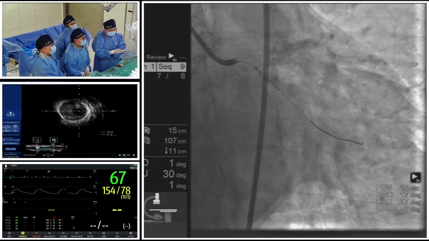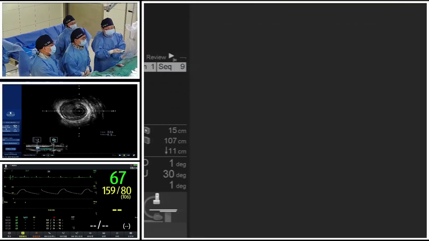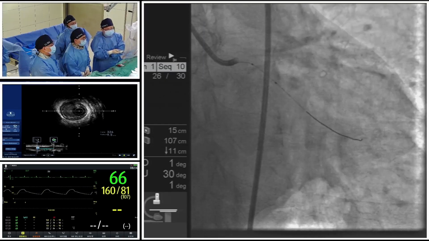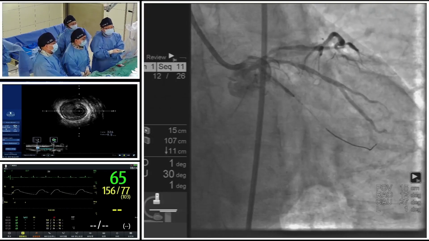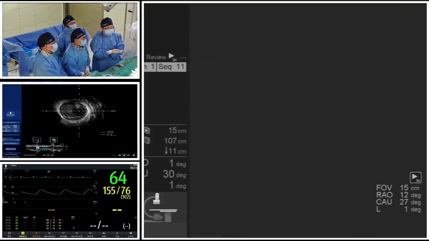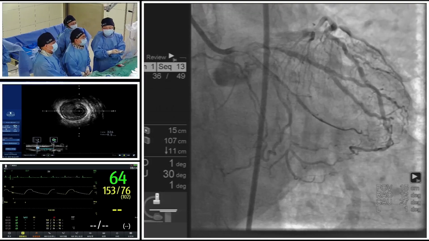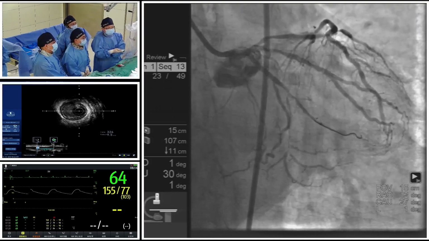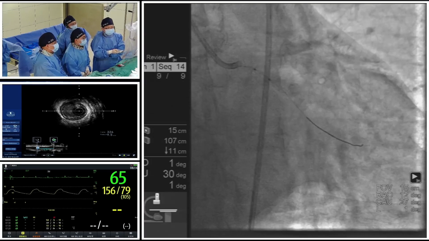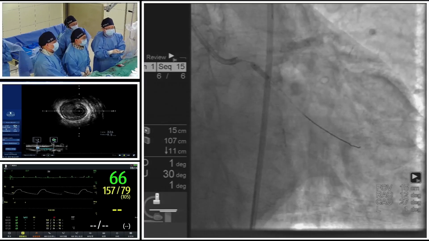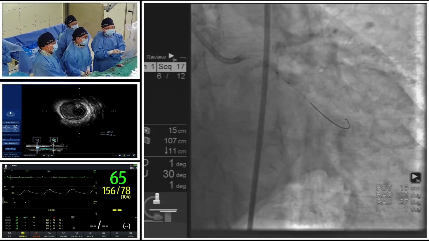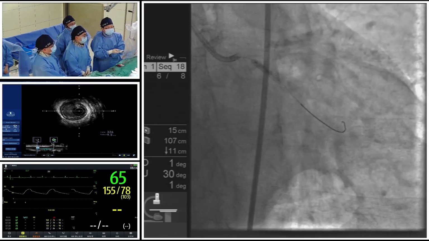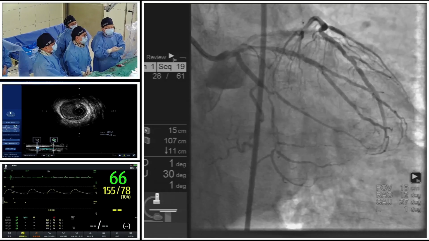So after I use the 2.0 by 15 balloon for inflation, I implant the 2.25 by 16 stent in the proximal circ. After stent implantation, I use IVUS to check and use a 2.5 by 15 post-dilation balloon to do post-dilation. And in the distal part, I use the 2.5 balloon to do the post-dilation. Okay, so let's see the final result of the